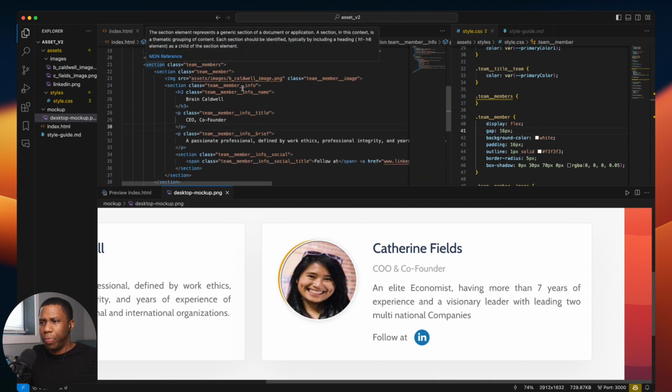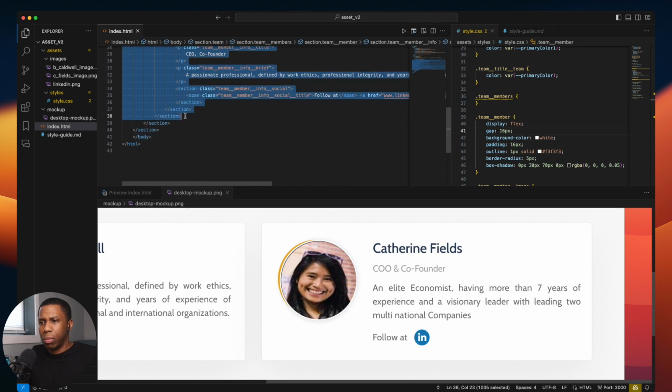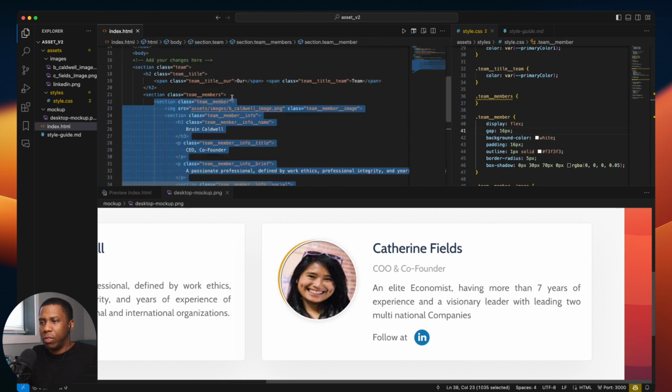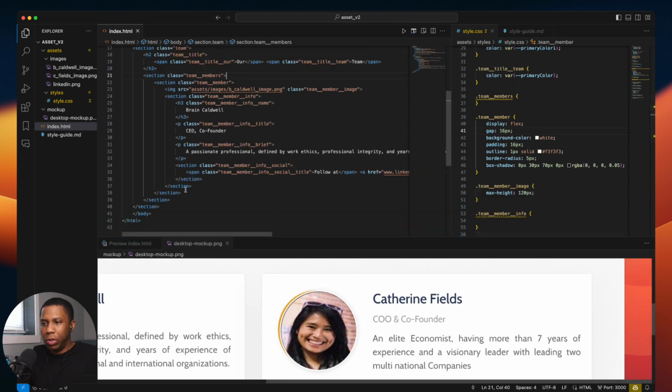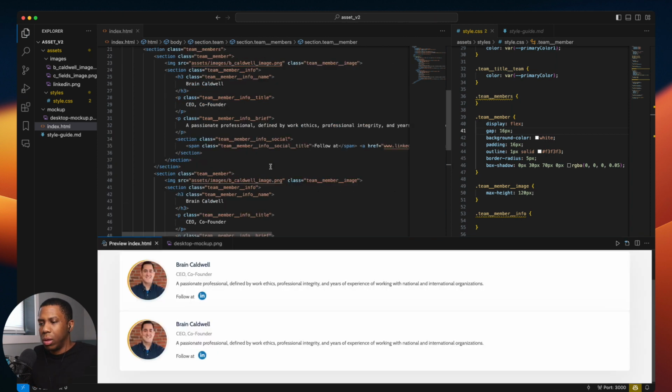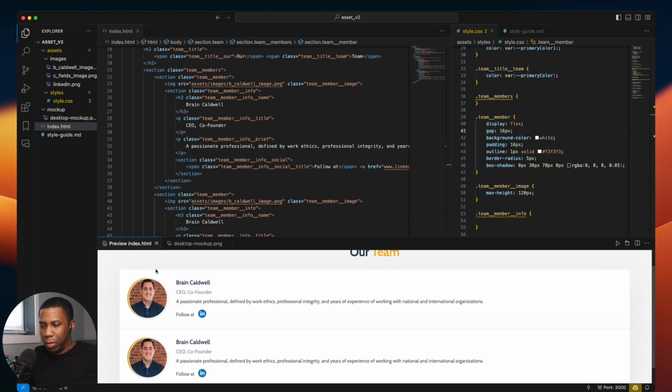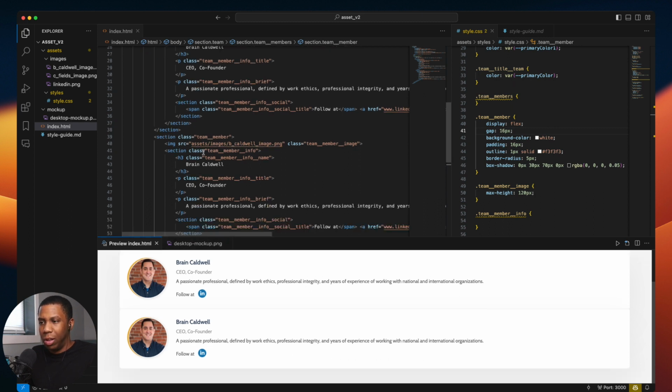Instead of typing all of this out, we're going to simply copy this entire section. Go back here. The next problem is that they're stacked going up and down, and we really need them going horizontally instead of vertically. But before we get there, let's change out all of the associated information